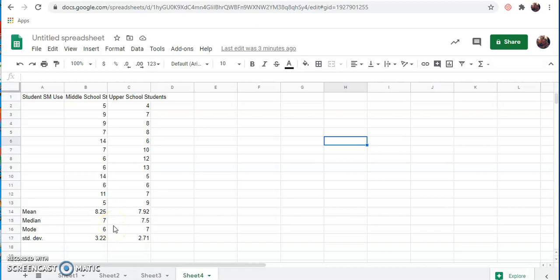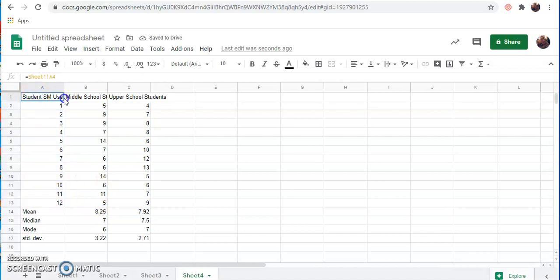graph with a histogram. First, though, I want to clean up the data table and make it not quite so cluttered and look a little better, so that you might want to actually present it in a lab or on a science fair project. So first off, why don't we go ahead and number the students? So remember, if we go 1 and 2, we could keep doing that, but I can just highlight those two, and then this little blue box in the corner, I can drag that down, and I can number all my